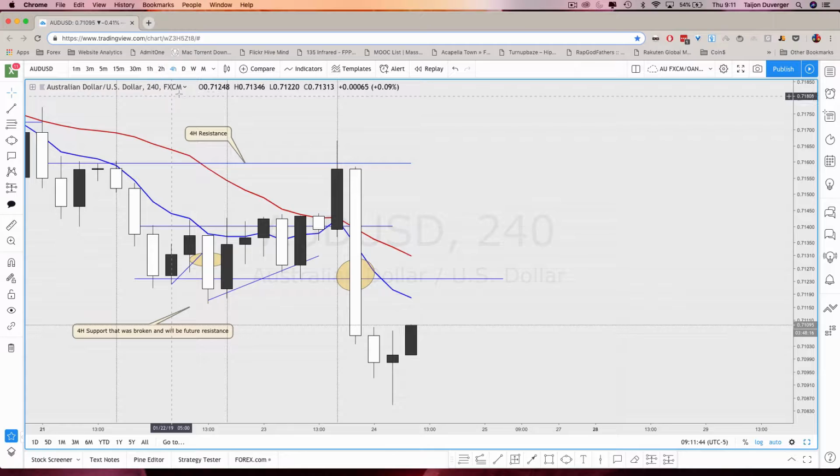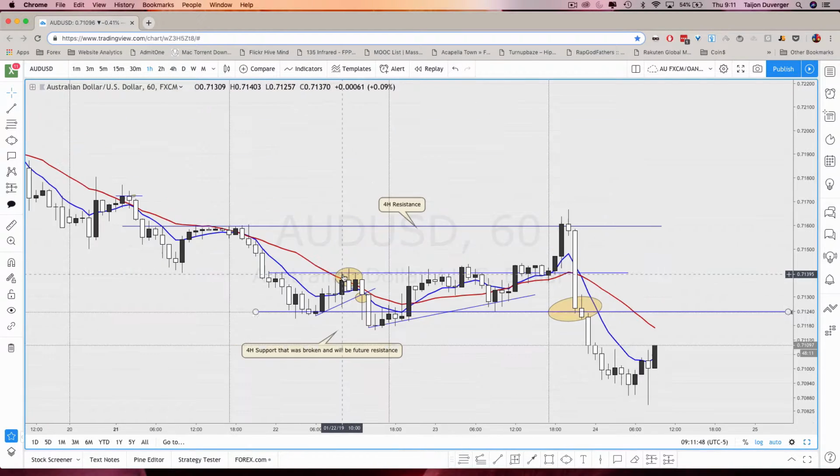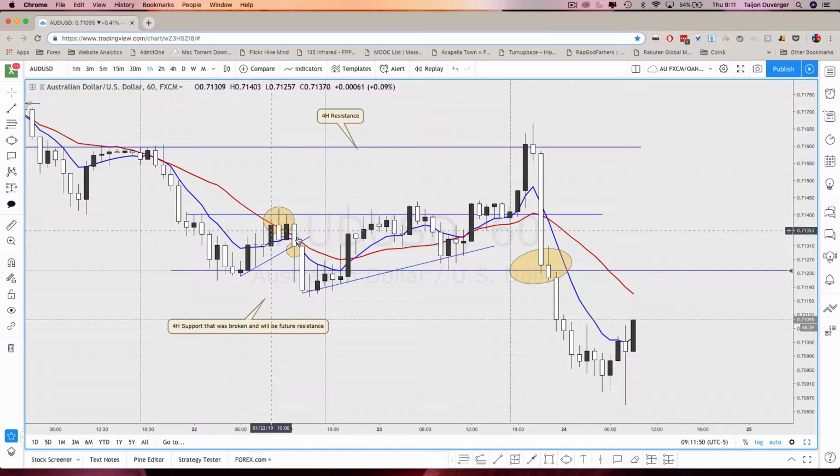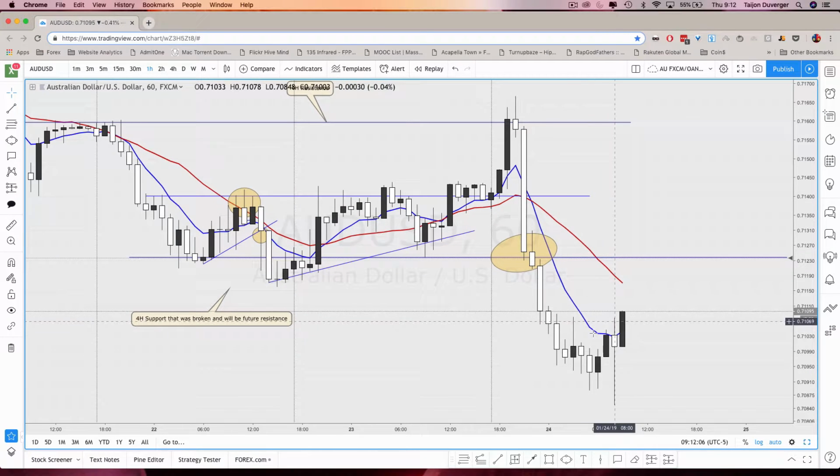If we break this down to the hourly now, you can see a little bit more detail. There was resistance here. Although this point of resistance was broken, the 4-hour time frame where we base our market structure continued its trend. So we broke support right here, and now it gives me the opportunity to see where we found support. During the European session, we found support around the